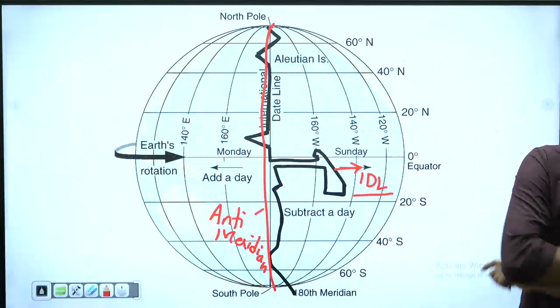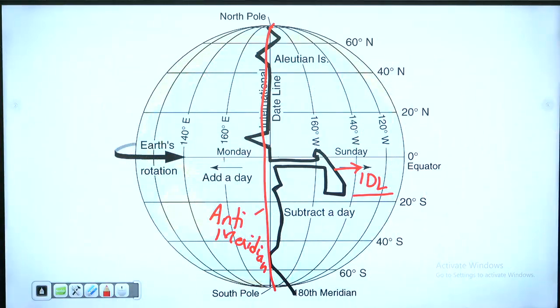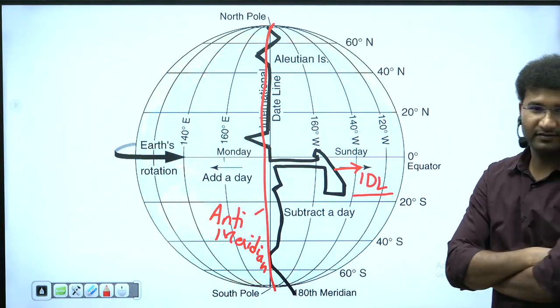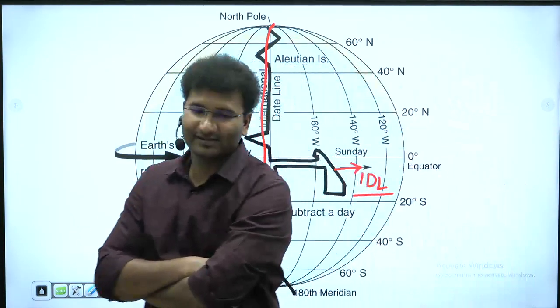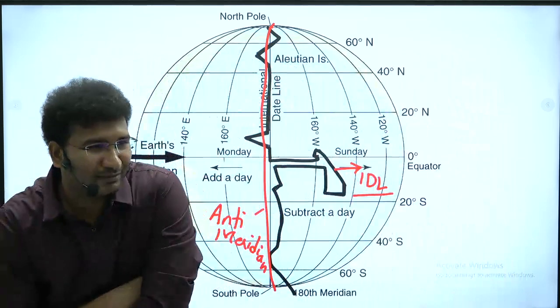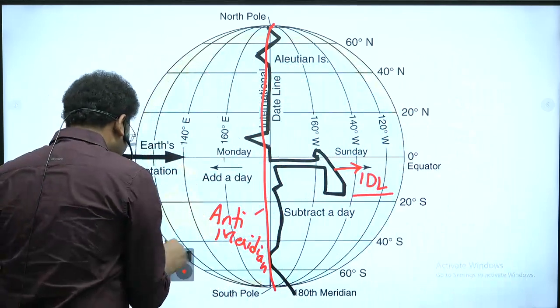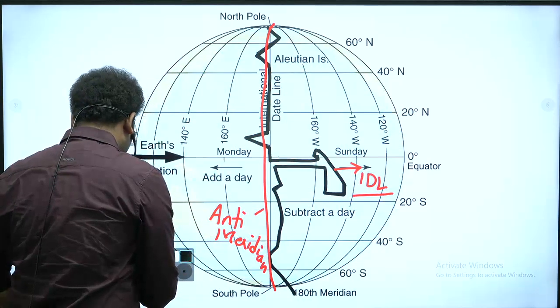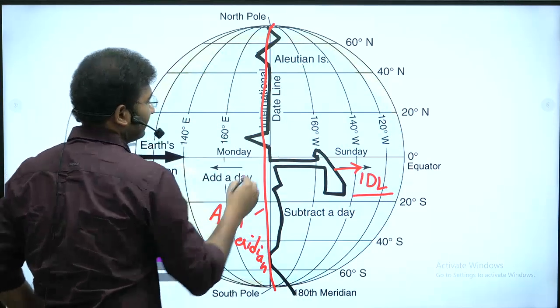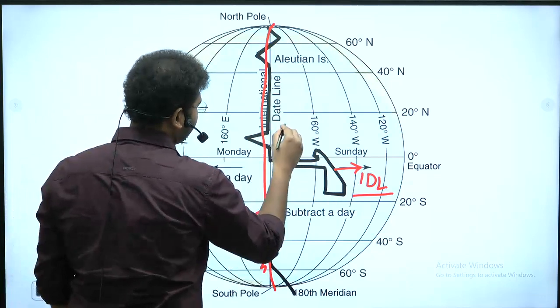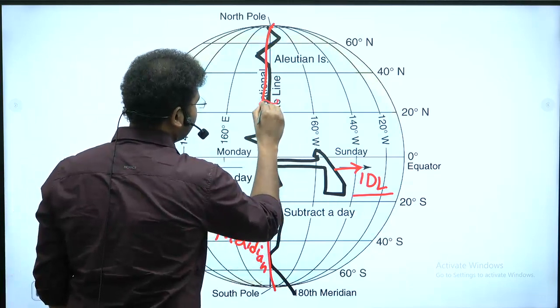Who will tell me why is this line an irregular line? Why is it not a straight line? Yes, the logic is simple. Basically, there are many islands. For example, let's just imagine our India to be here. Okay? Just imagine if I'm drawing